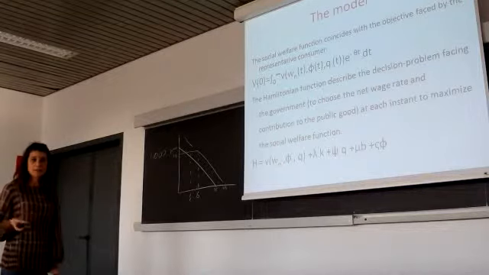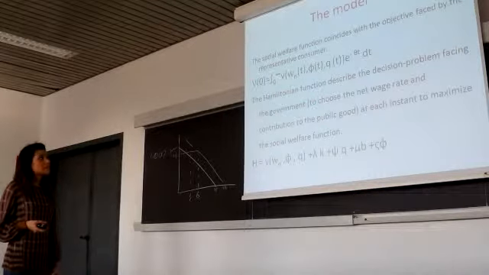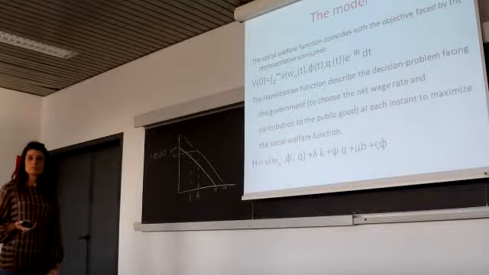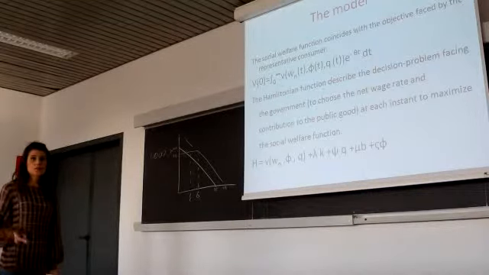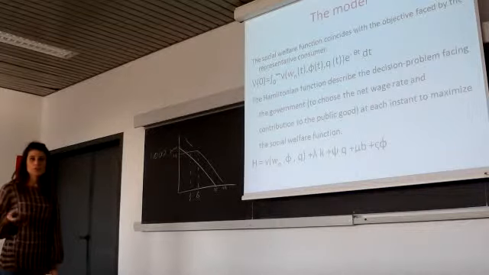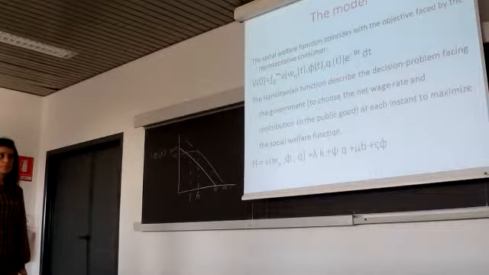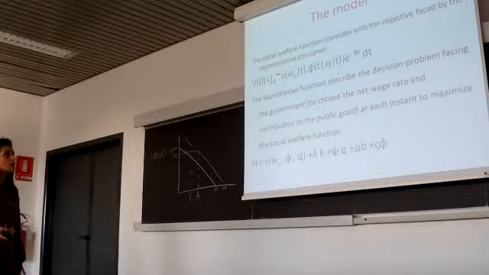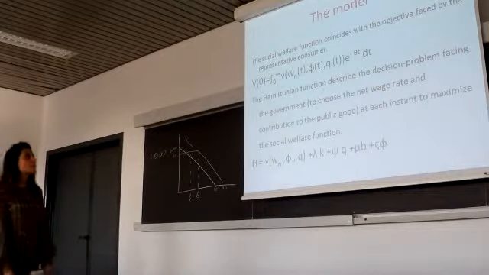So they consider a utility function that describes the individual preferences that depends on the consumption of a private good, of the quantity of public good, and also depends on the leisure time of each person. Then they also use a Hamiltonian function that describes the decision problem faced by the government, that will